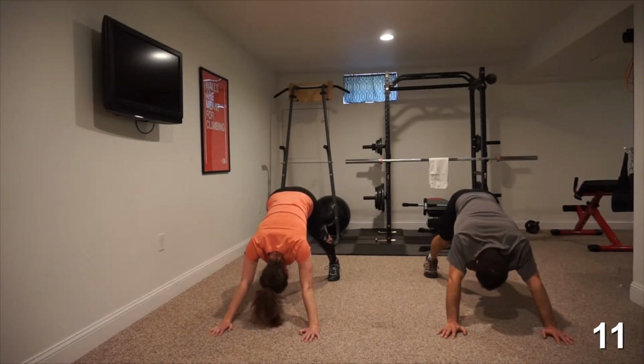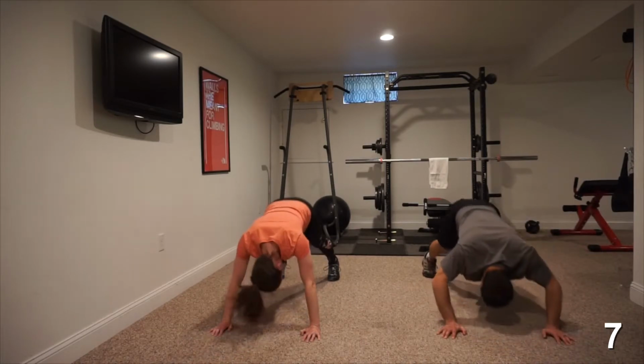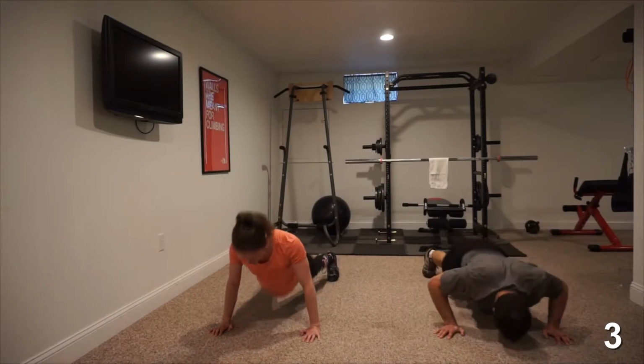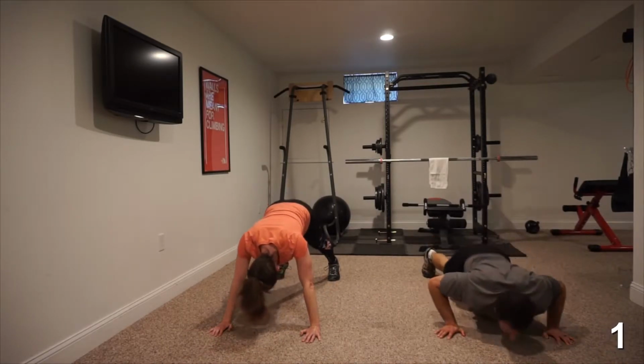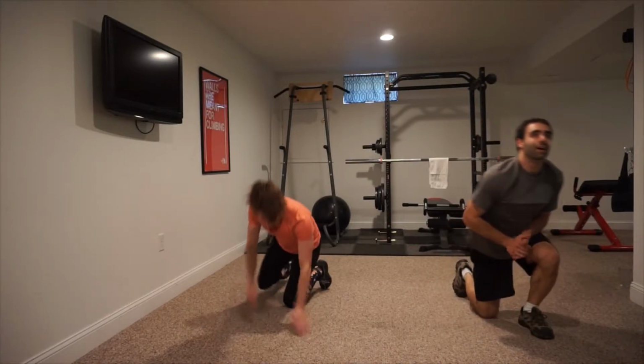Keep an eye on those feet. Make sure you're coming up on the tippy toes. The feet are moving forward. You're not just keeping stationary at the lower body. We're here for 5, 4, 3, 2, done. Nice job. All right, on to shoulder